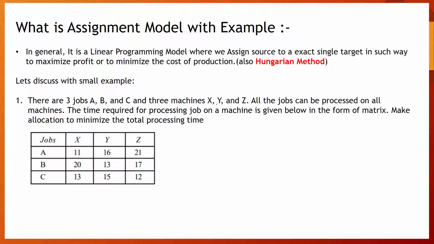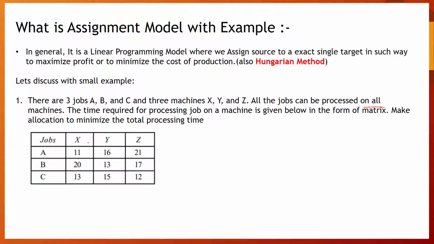Here we can see that all the jobs can be processed on all the machines. We need to allocate jobs in such a way that overall efficiency is achieved. If A is assigned to X, then we need to assign B to Y and C to Z. We cannot assign all three to one machine because they have to wait.